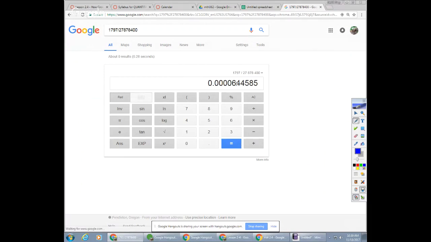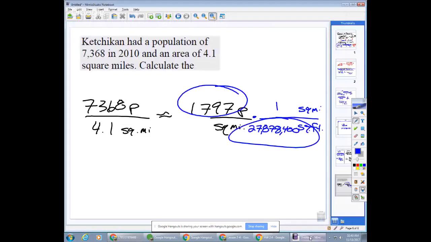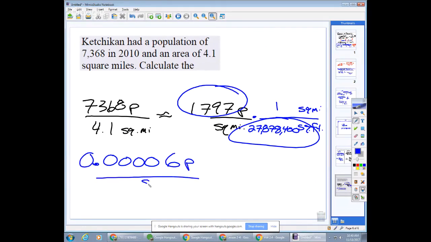Okay, so what does that mean? 1, 2, 3, 4. Let's put a 6. That's people per square foot. Not even a whole person. Not even, yeah, somebody's big toe gets a square foot. So we got to do something about that because it's not quite working out. We need some whole numbers to talk about people.